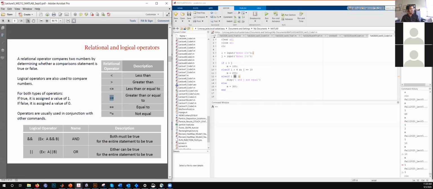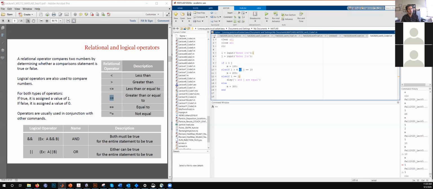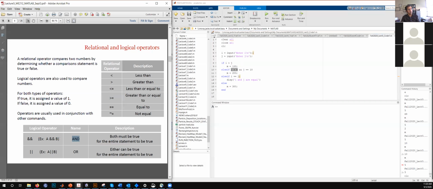Okay. The other thing that we saw in this code is the double use of the AND. This means that both the conditions, which in this case were i greater than 4 and j is 10, both the conditions are supposed to be checked by MATLAB. And for that, you use the AND operator, whose syntax is these two double AND signs. But if it is OR, that means if this is true or the other one is true, then you use this sign. So let's try this one out if all works.